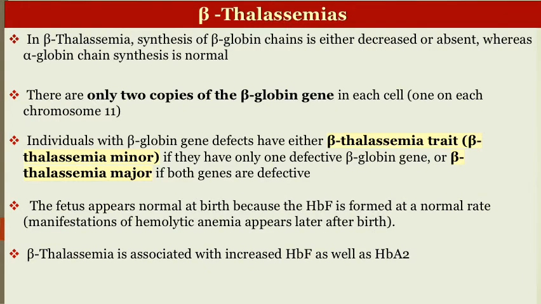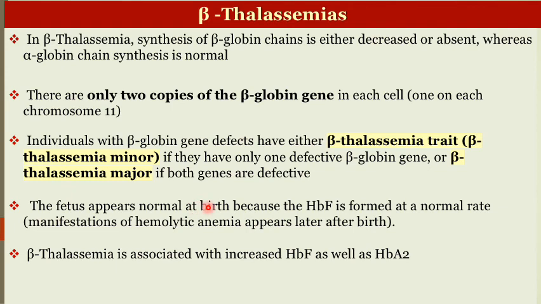The second disease is beta thalassemia. There is mutation in the beta globin genes. We have only 2 copies, while in the alpha gene we have 4 copies. The beta gene family lies on chromosome number 11. If we have mutation in one gene, the condition is called beta thalassemia trait or minor, and the patient will suffer from very mild disease. It's not dangerous. But if the patient has mutation in the 2 copies of the gene, he will suffer from thalassemia major, and this needs frequent blood transfusion because he has hemolysis.